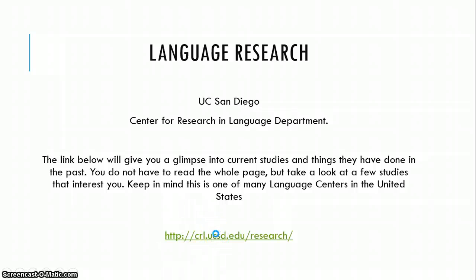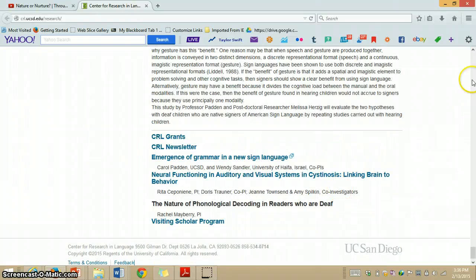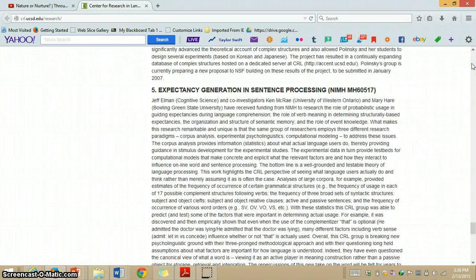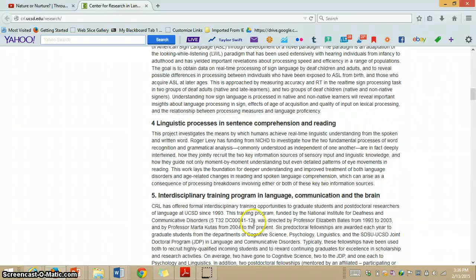So I can click there, but I encourage you, just to give you a view of the site, that's what it looks like. So I encourage you to go ahead, review this site, and see some of the new things that they're doing, and it actually gives you some of the past studies that they've done. And it's good to know what's going on in